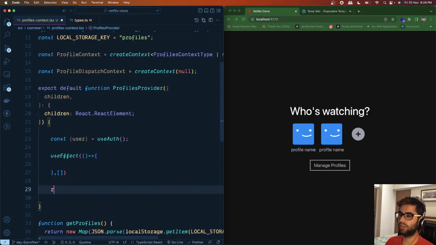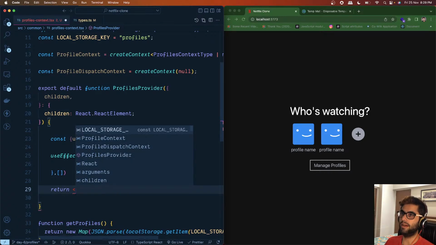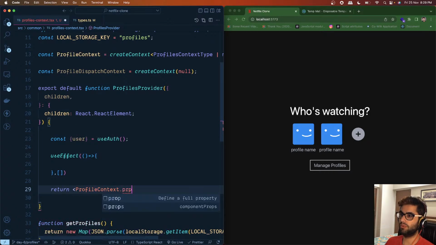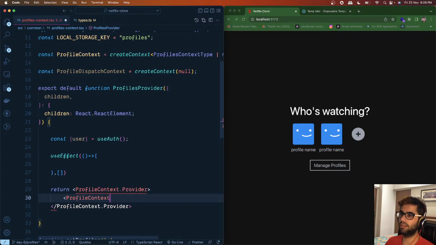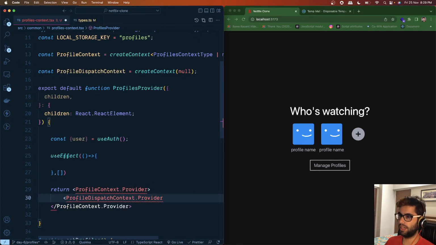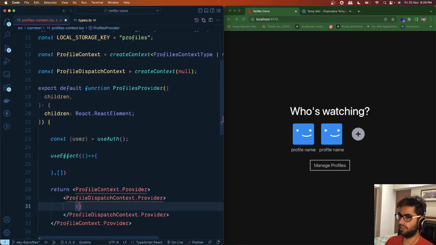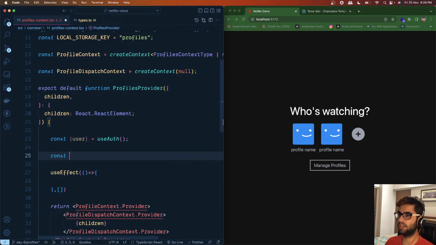So what this is going to do is return the ProfileContext.Provider, and we will also be returning the DispatchContext.Provider, and this will contain the children that we are getting. And for the values, what we will do is we will use a reducer. So profiles,